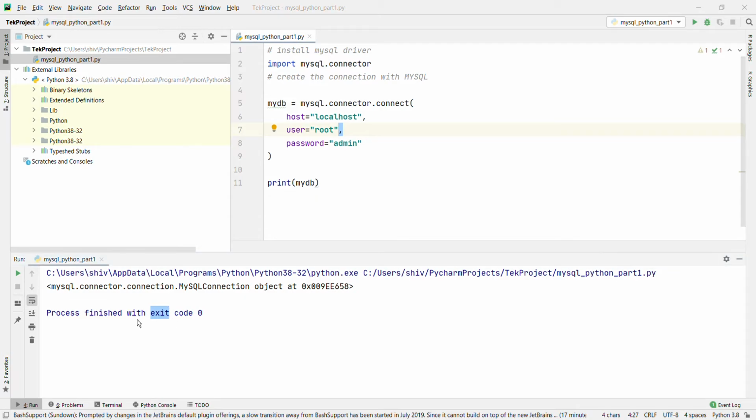Now we will go to the second step, how to create the database in Python.